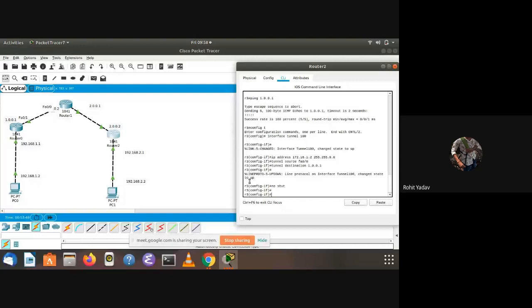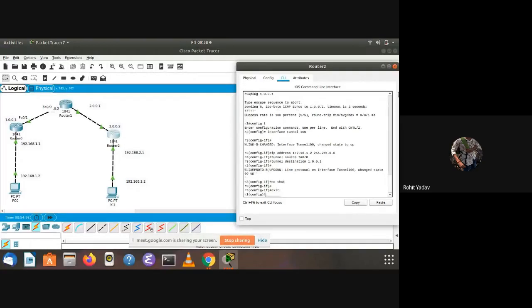Now we will do routing. Okay, I don't remember the name. I have to remember that. One second, just one second. We will do routing.